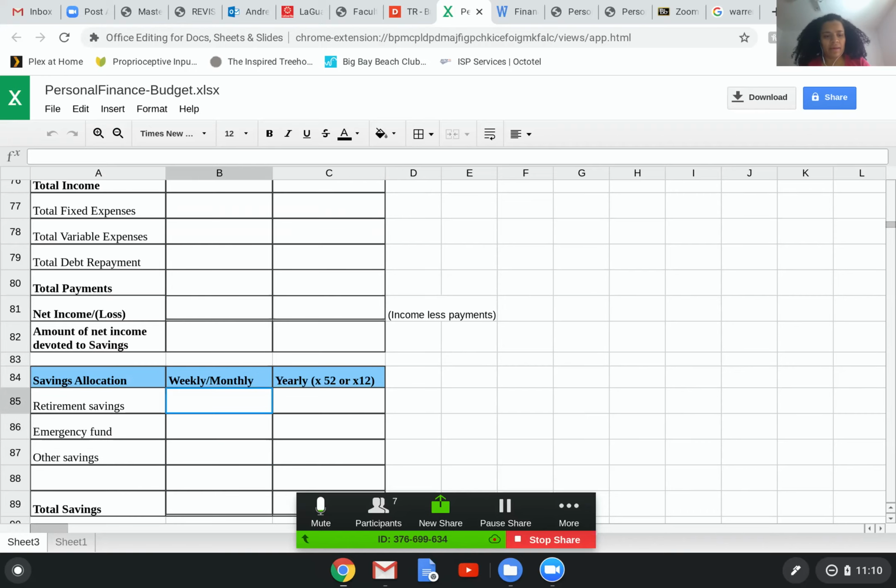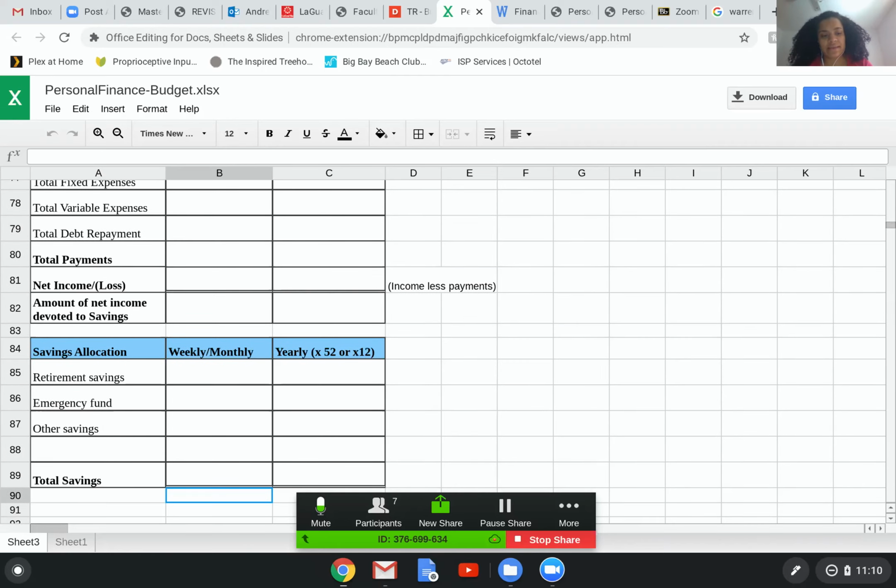And then normally when it comes to savings, we talk about pay yourself first. So in other words, your savings should happen before anything else happens. But for the purposes of this budget, we first just want to see what you're actually doing in terms of your expenses, to see what is possible in terms of savings, instead of trying to say, oh, you have to save $50 a month, but then you can't meet your obligations. So we'll try and see, after you come up with your amount that's left over, how much can you put towards an emergency fund, if you don't have one already, or any other types of savings.